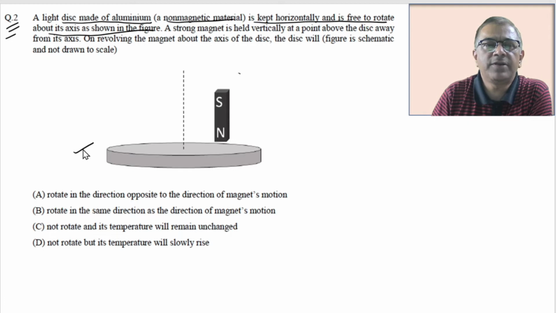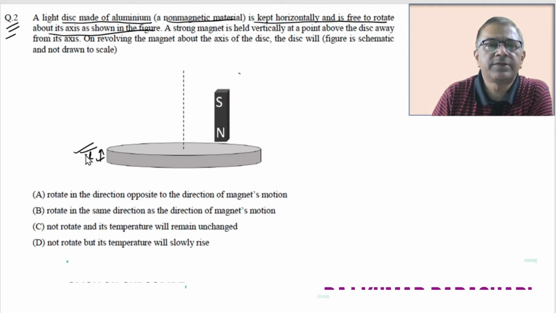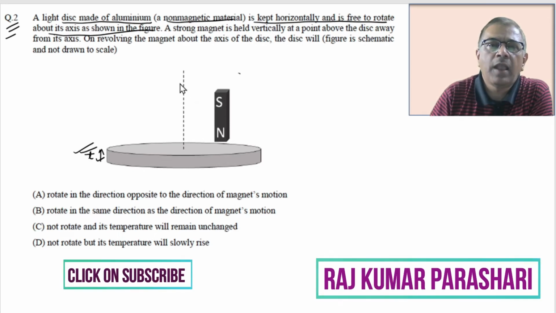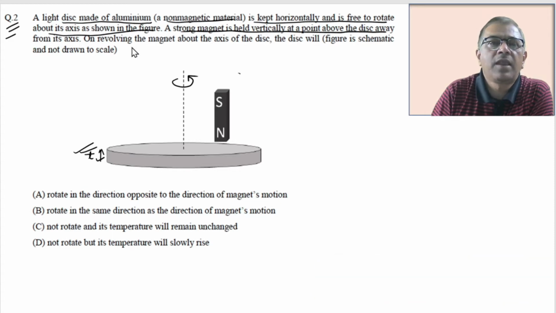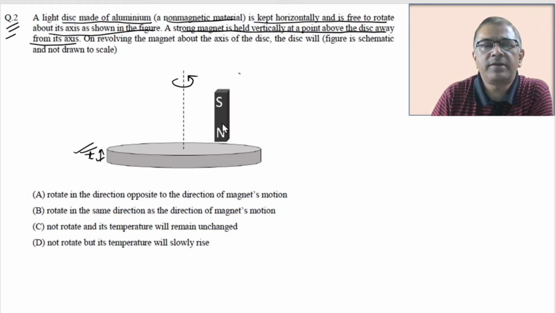So here is the figure. This aluminium disk has some thickness and is free to rotate about its own axis. A strong magnet is held vertically at a point above the disk and away from the axis. As you can see over here, here is a strong magnet. It has been kept vertically over this disk and is slightly displaced, slightly away from the axis of